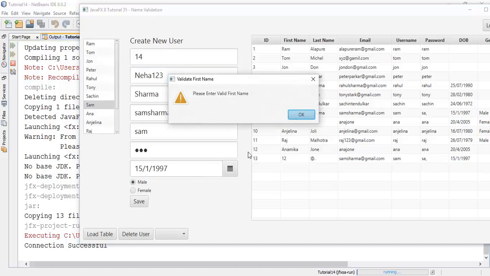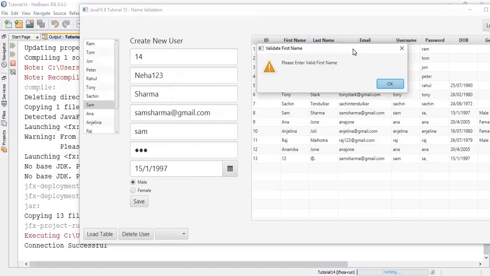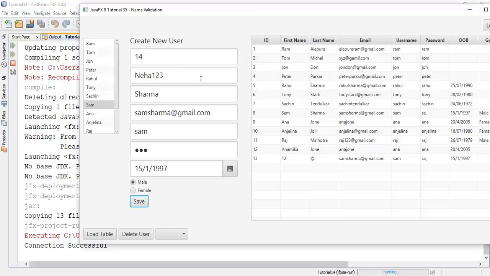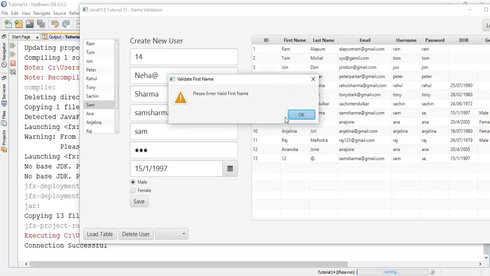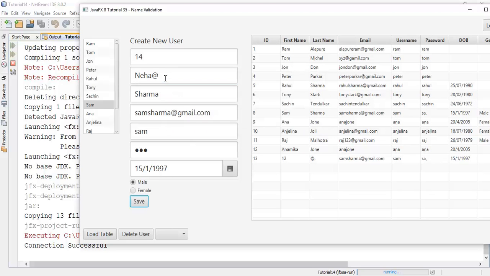So save. Hence we can see that there is a validation: it must be a valid name. If I enter any character into that, again it's a validation error.